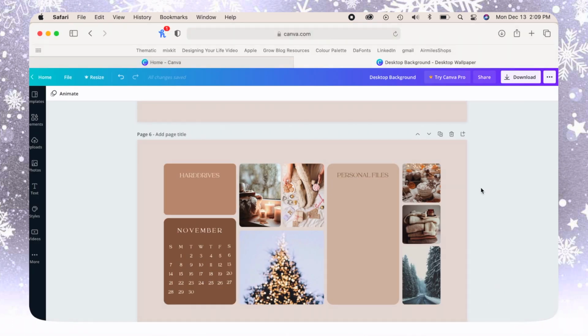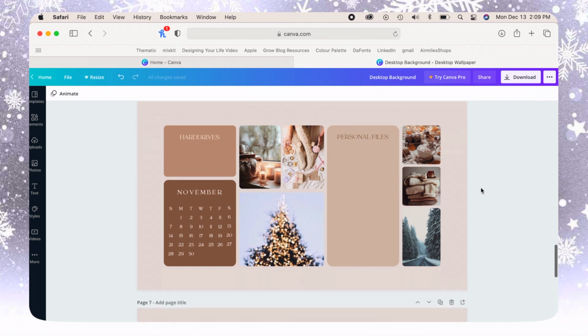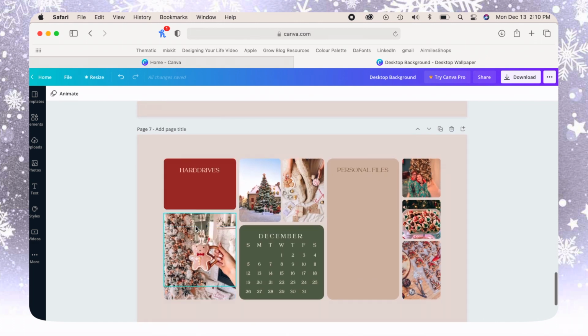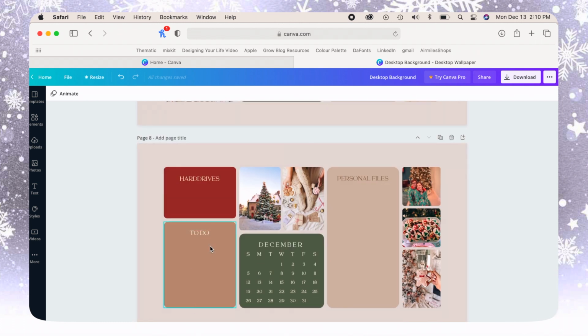So back to Canva, I will show you how I customized my December one. So this is it. So this is the one with the photo. And then this is the one with the to-do list. I did change it a little bit up from November. I added red and green here, so for a pop of Christmas colors. And then I have a cute photo of me and Anthony in this frame and some other Christmas themed photos